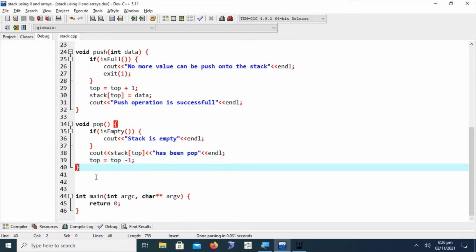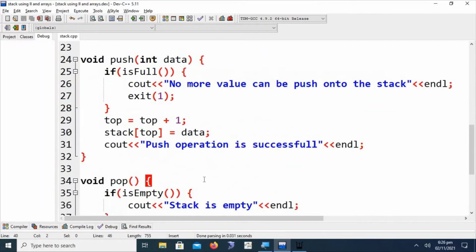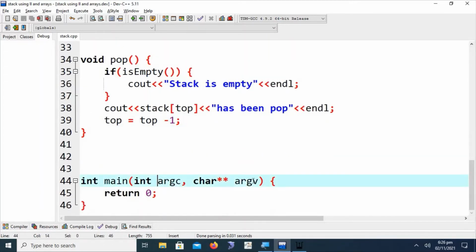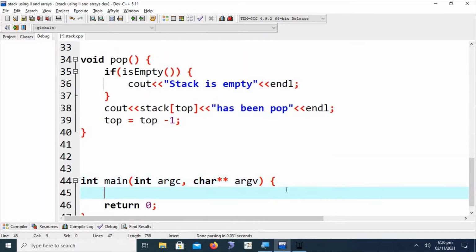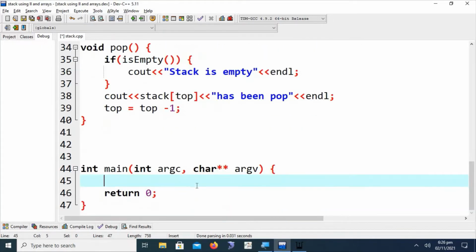We can also write another method for printing all the elements of the stack, called display. In some cases some tutors also ask you to write a method that will display all elements of the stack. For the time being, because we also have to learn about implementation of stack using linked list, we are going to check all the methods in the main function.